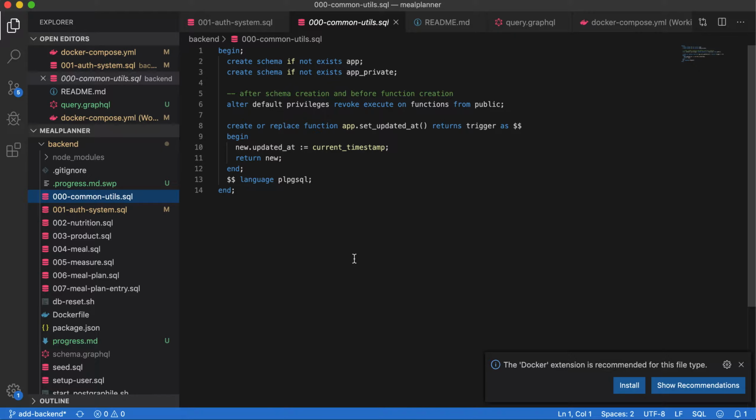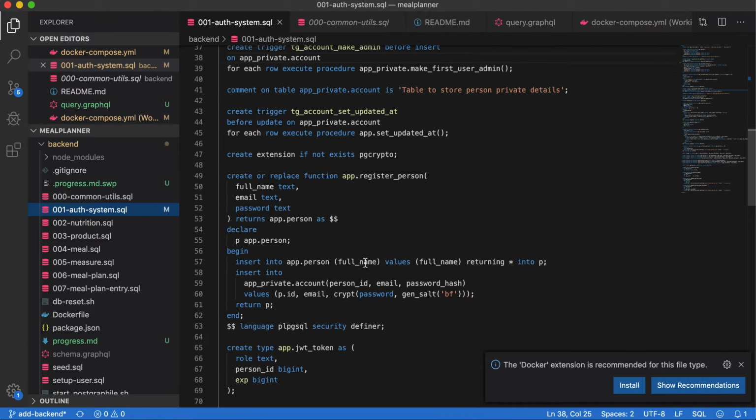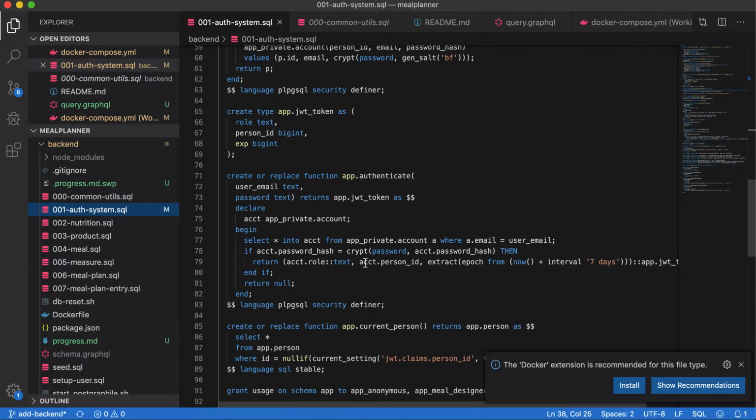This is just to show what is done so far in the backend. We have created two schemas, app and app_private. App is meant for all database objects that can be accessed by the user. App_private is for private sensitive information. It is defined in